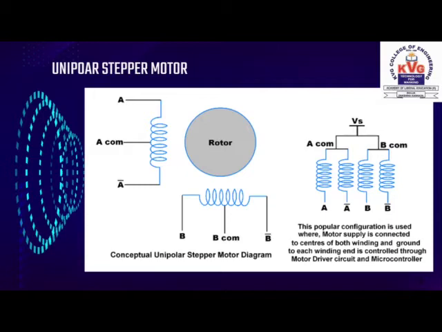We need to first understand the stepper motor winding to know how to control the rotation using the microcontroller. What we see here is a unipolar stepper motor conceptual diagram. The stepper motor comes with 5 or 6 wires. The windings are center tapped and this point is connected to the power supply. We provide the ground to the windings, hence current flows through the coils. To make the rotor rotate, we just need to provide different ground paths to the coil endings. This is how the program has to be written, and the port pins will be the control points to provide the ground path indirectly through the driver IC ULN2003.